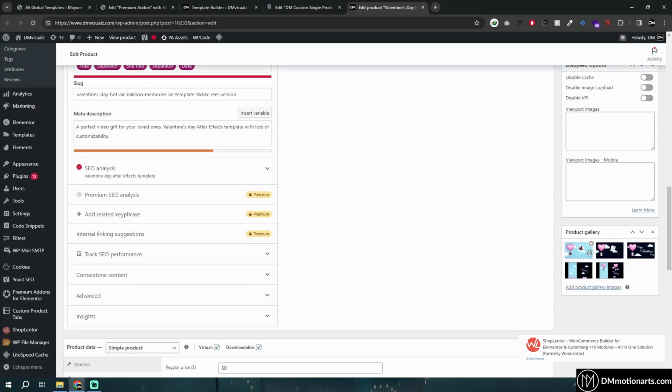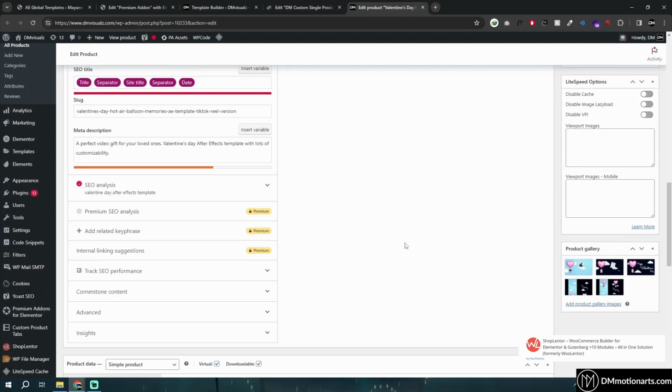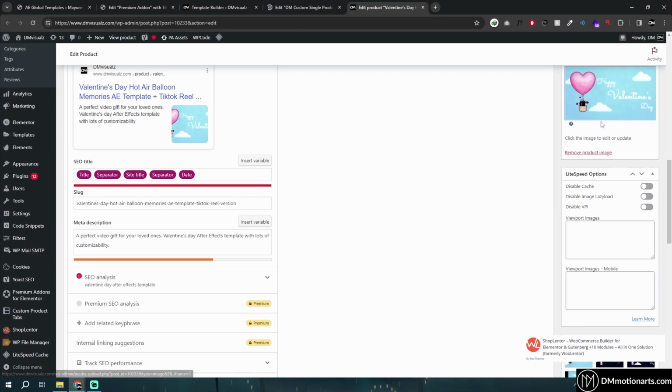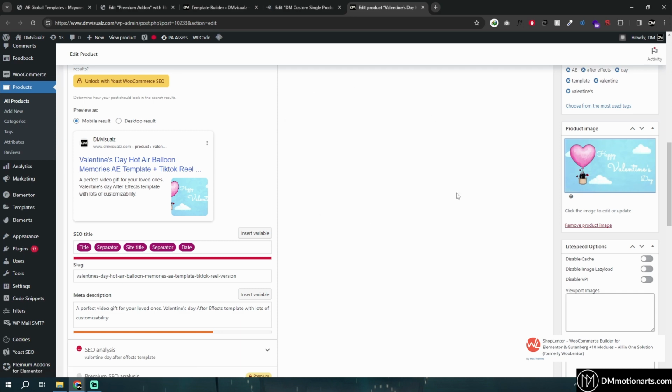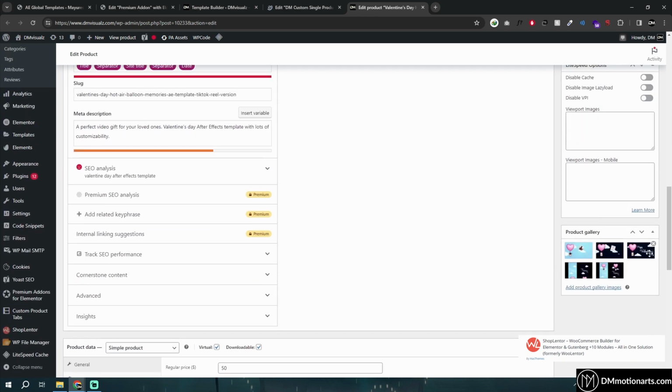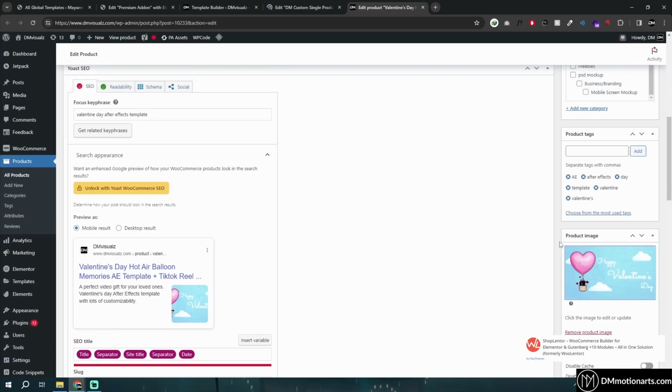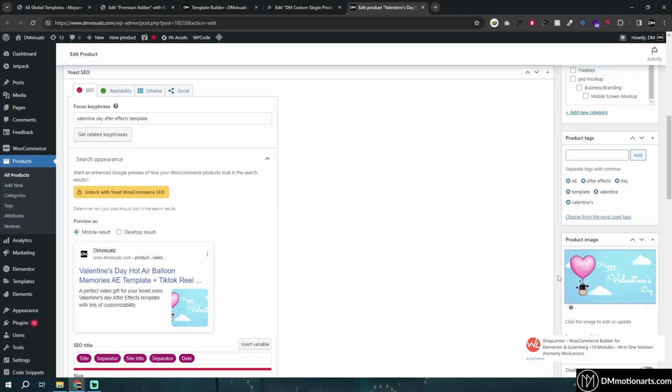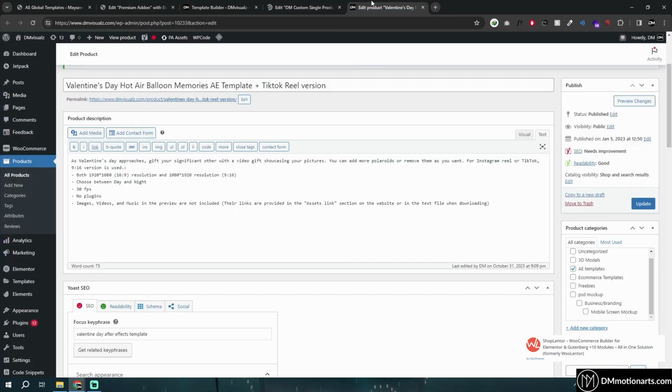And for me, I have added in the product gallery, which is why it showed in the second image, not the front image. So if you add for the front image, it will show the video on front image. If you add for any other images, it will show in the gallery, and you could add multiple videos that way. And I'm not going to show you how you can edit it for each one of them, but